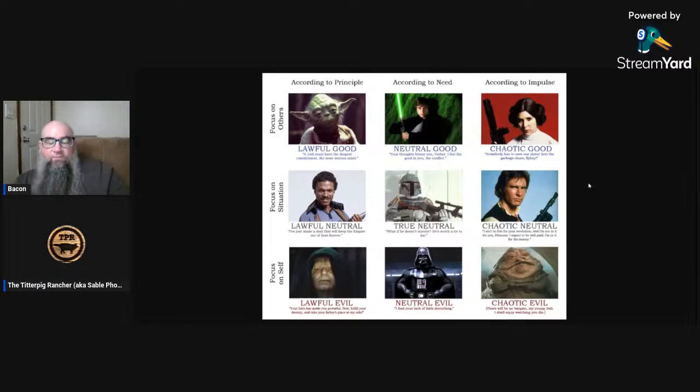So then, chaotic evil as Jabba, right? Now, this was the interesting piece of this conversation. Because the case that I made was that Jabba, in his local behaviors, throws dancers down to the Rancor. He seems to be very impulsive and very mean, but he's also a member of a larger organization, the cartel, and they are very, very rules-laden.